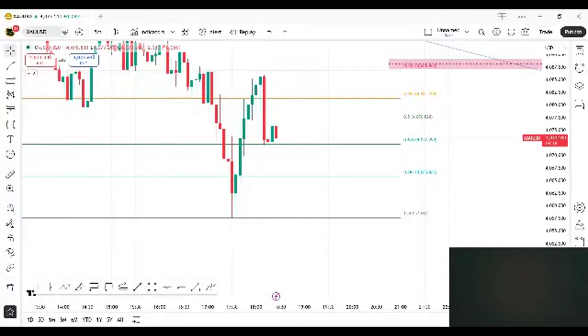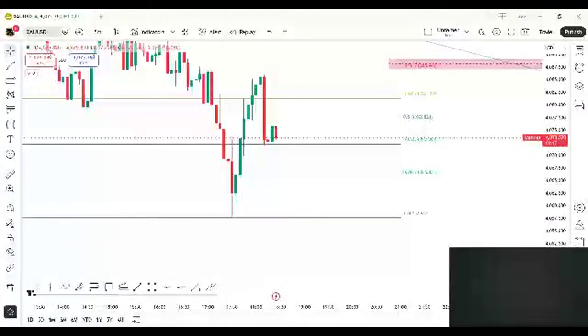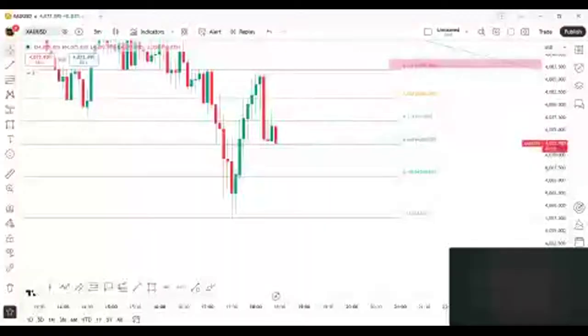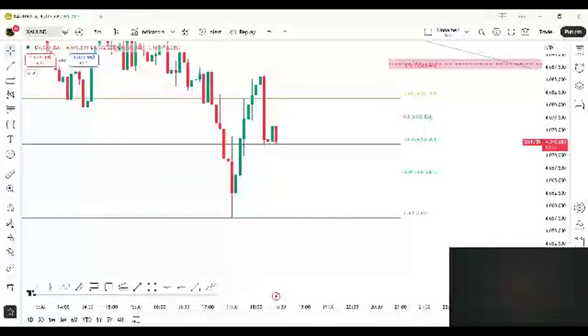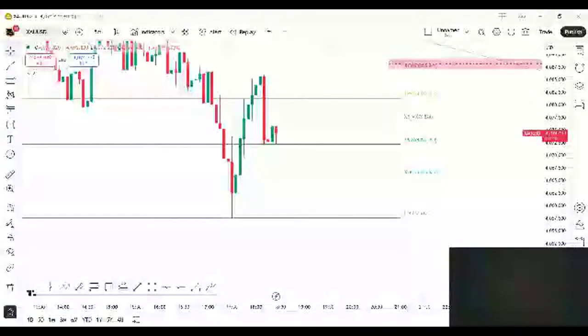Sir, how do you identify whether a zone is valid or not? Obviously, whether your area is valid or not is on the basis of practice. The more you practice your zone, you're going to see the reaction of the market. The reaction of the market will tell you whether your zone is valid, the confirmation. And every time you have to look at the big time frame zones.